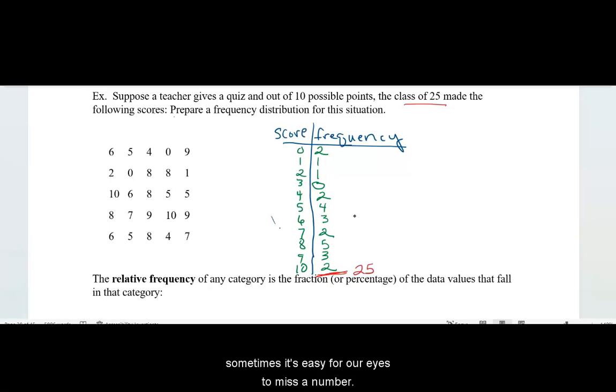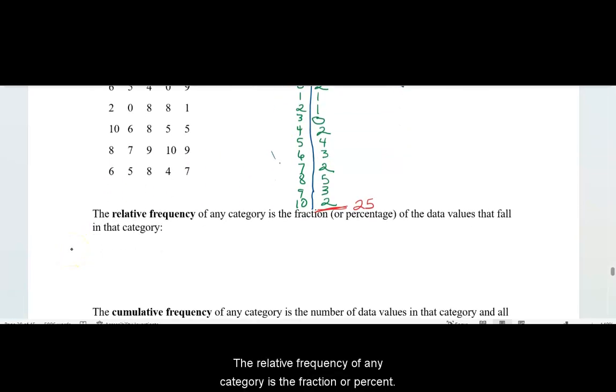So always add that because sometimes it's easy for our eyes to miss a number. Now, there's something called relative frequency. The relative frequency of any category is the fraction or percent of the data values that fall into that category. Let me just show you the formula. So relative frequency,